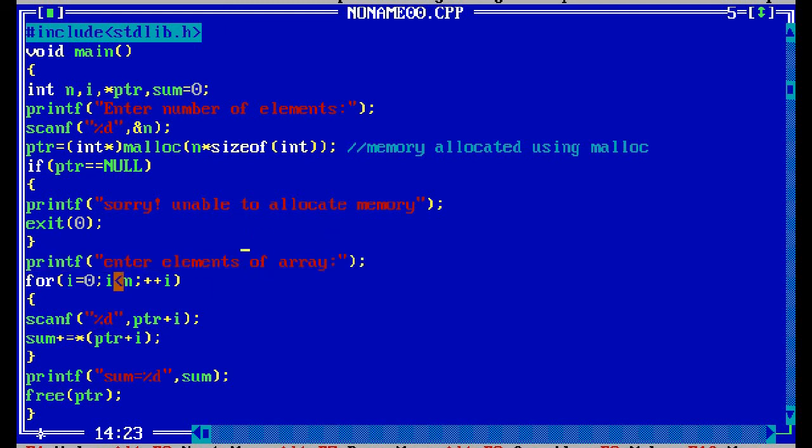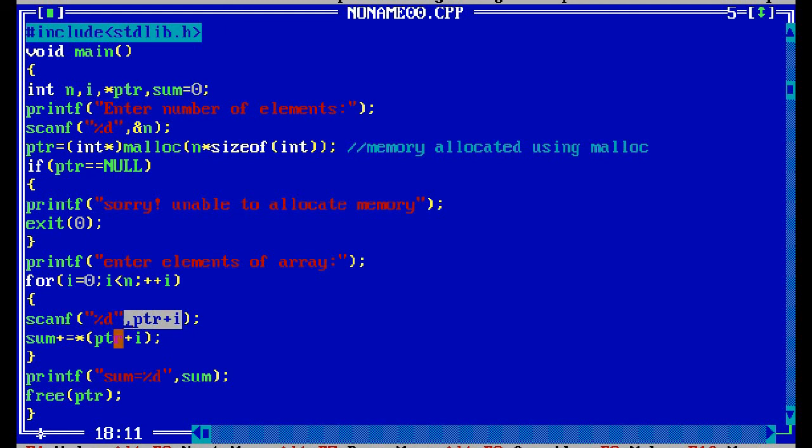N size you gave is 3, so up to 3 elements will be repeated, and it will also be added with the previous value: 10 plus 10, 20 plus 10, 30.